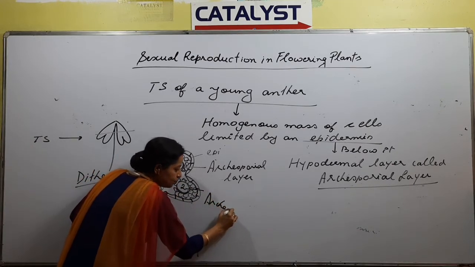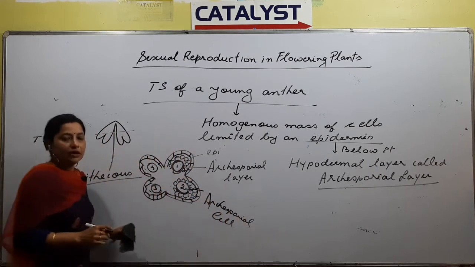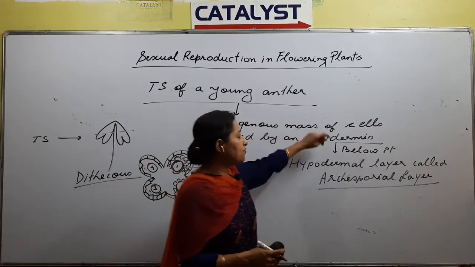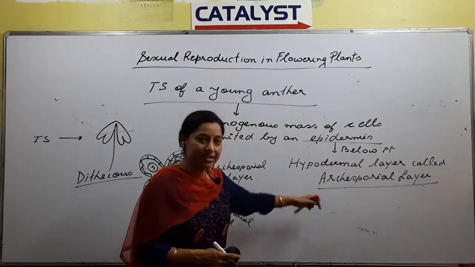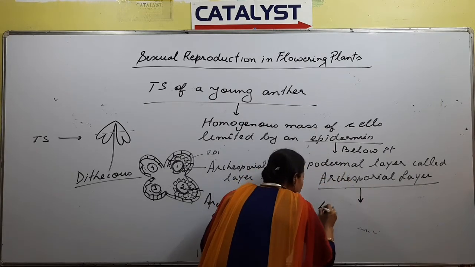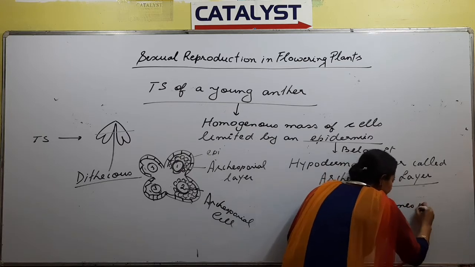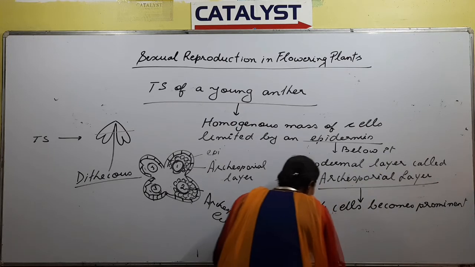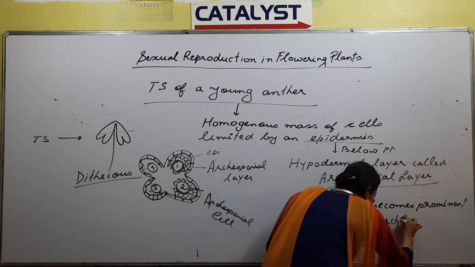Archisporial cell, right? So we'll come back to this. Cutting the TS of an anther, we will see a mass of tissues. The outer layer is called the epidermis. Below the epidermis we see the archisporial layer. In the archisporial layer 4 cells become prominent and are called